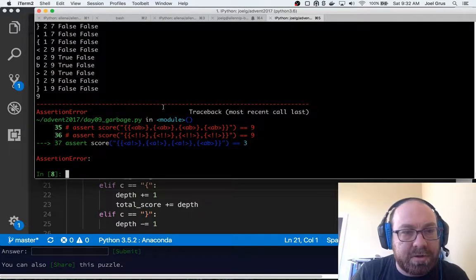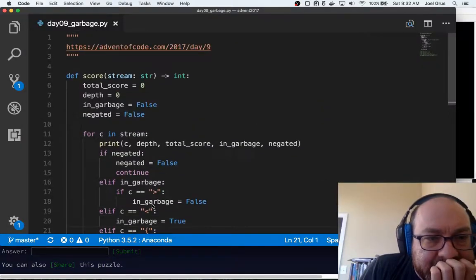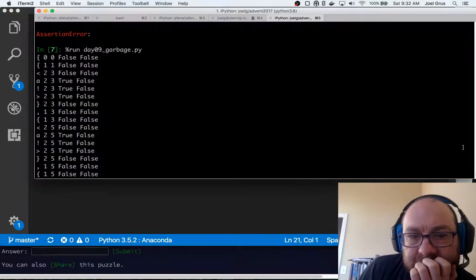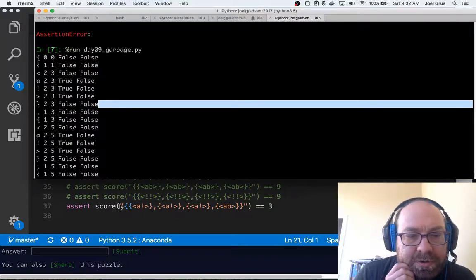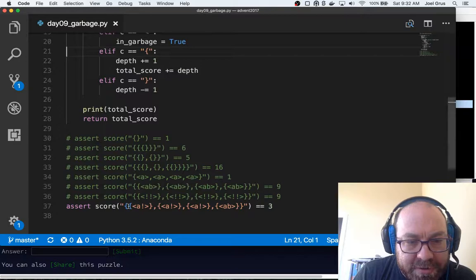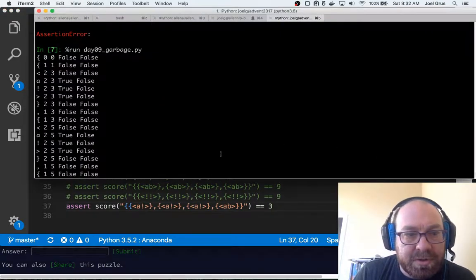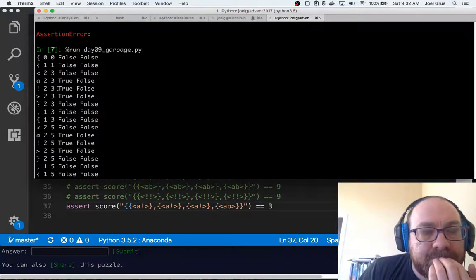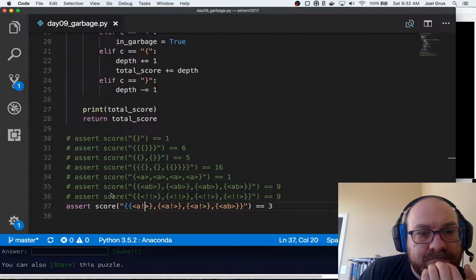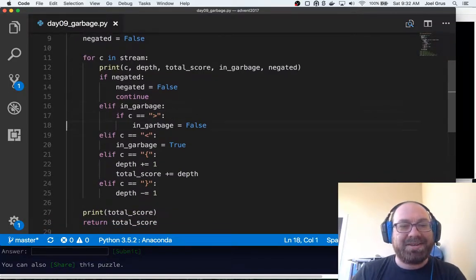No, I still got an assertion error. So now let's take a look. Let me scroll this down so I can see what the input is at the same time that I am looking through it. So let's reason through this. Why should this be 3? Because I open this, and this doesn't close it, and I'm still in garbage, and this doesn't close it, and I'm still in garbage, and this doesn't close it, so I'm still in garbage. So I get here, and I should also print, because I did not check for the negated equals true.